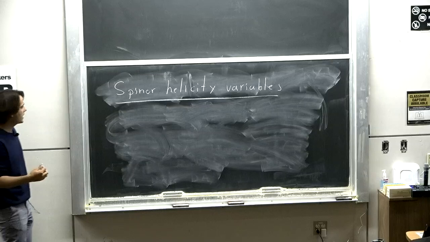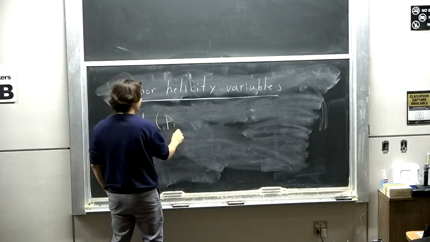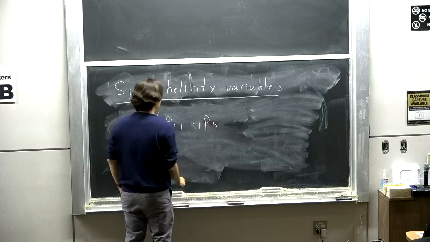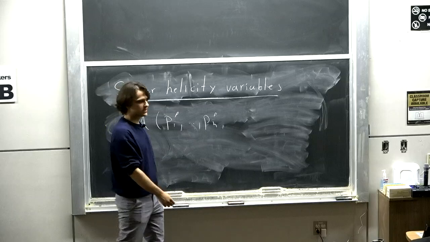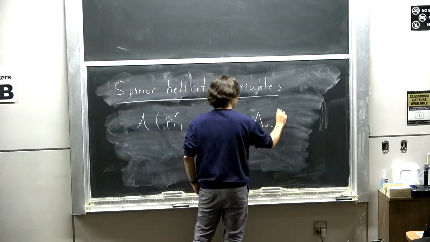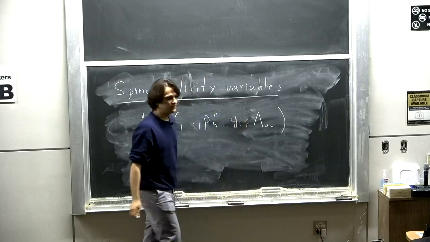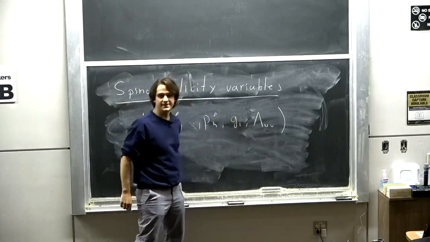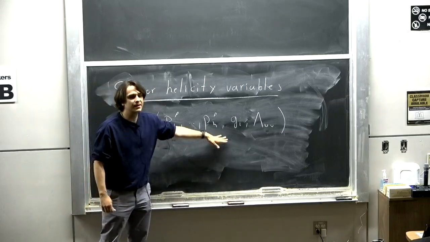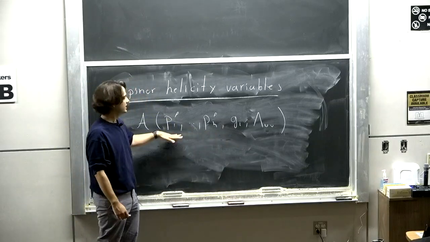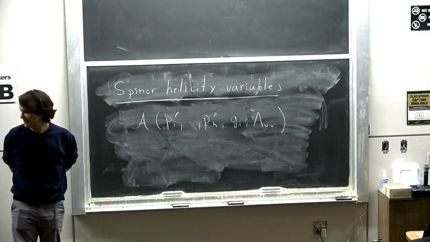Right? So for now, what we said is the amplitude is a function of momenta with some representation of the little group. Maybe there's some UV scale. Maybe there's a bunch of parameters which are dimensionless. I normalize everything by this UV scale. I want to understand the dependence of the amplitudes on these momenta, but these momenta are not great because they square to m squared, so they're kind of constrained variables. So we want to use slightly better variables.